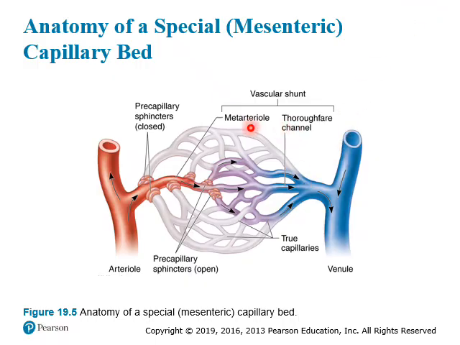The vascular shunt is actually made up of the metarteriole and the thoroughfare channel. The vascular shunt is a channel that directly connects the arteriole with the venule. It bypasses the true capillaries. These are your true capillaries. Then in the middle, you have what you call the vascular shunt. When the true capillaries are closed, in this particular case, they have what you call the precapillary